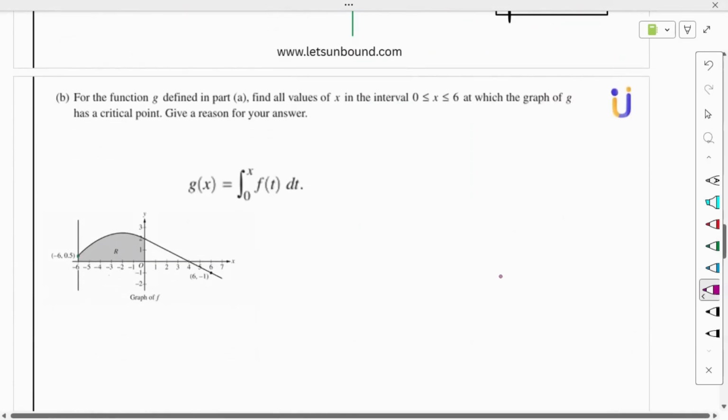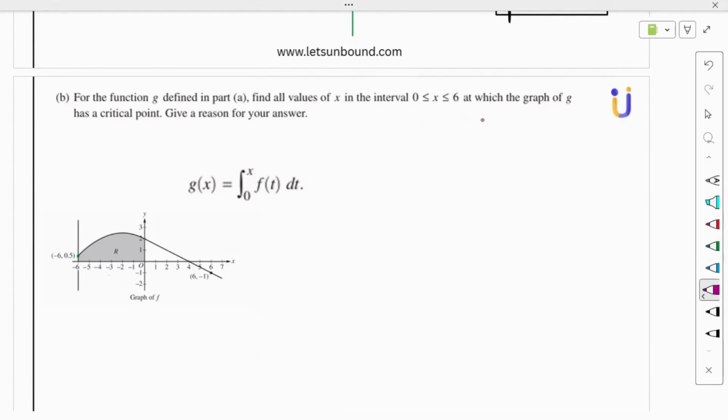For the function defined in part A, that is g of x, find the values in the interval from 0 to 6 where it has a critical point. Let's go. For g to have a critical point means g dash of x is 0. I know the g of x definition. Now g dash of x means